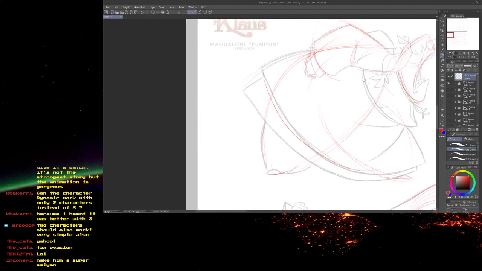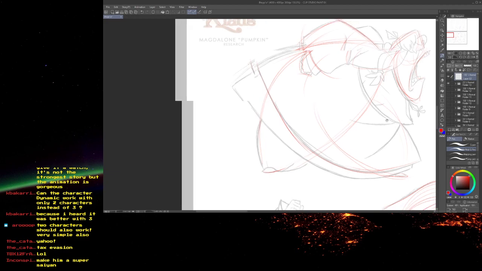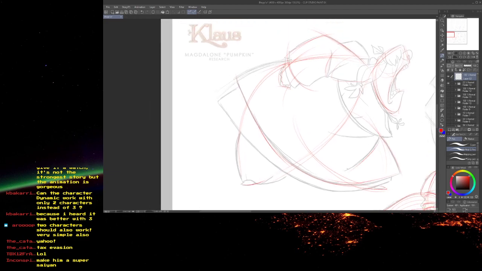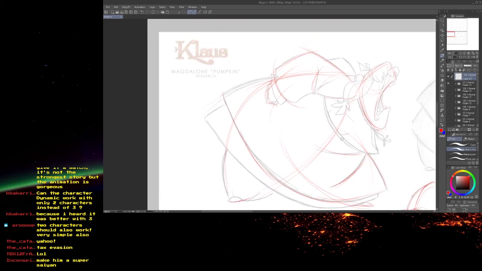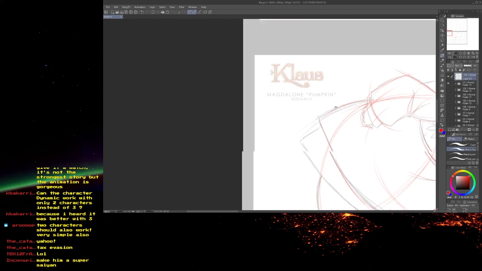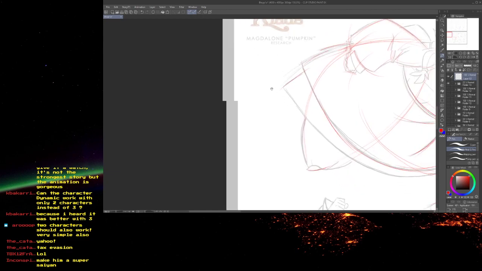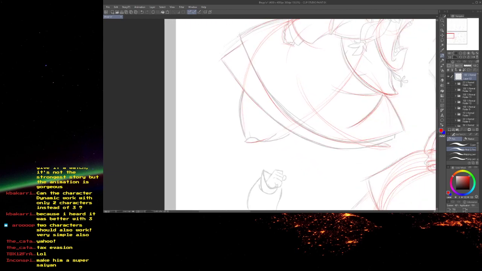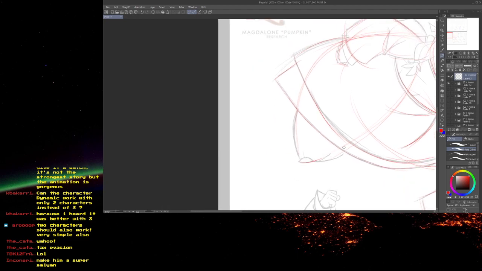So remember that your model sheet is there to help you solve problems and maintain consistency. I think it's very important to stress the idea of having a working model sheet with what you're developing. That means you can create a model sheet and a turnaround early on when you're developing your character, and evolve it as you improve at your drawing, and as you revise and update